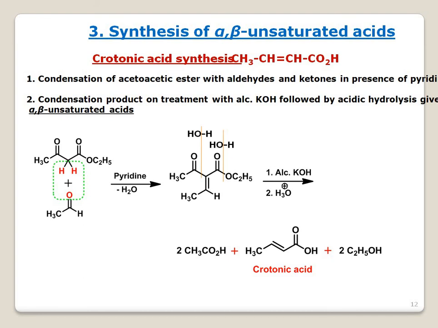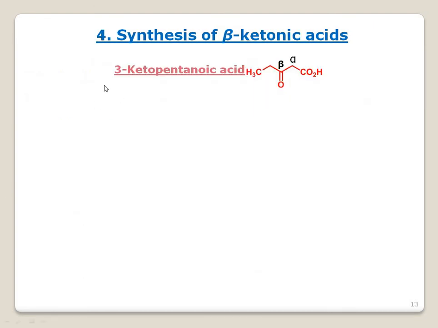This is the third application. Now the fourth application, I would like to tell you about the synthesis of beta ketonic acid. So previously we have prepared a double bond over here, right? Now at the beta position, a carbonyl compound. So these two are from the active methylene compound. This is the other partner that we have to take. This is the nucleophilic one. As the electrophile, you have to take a ketone with a leaving group. Here there should be a leaving group.